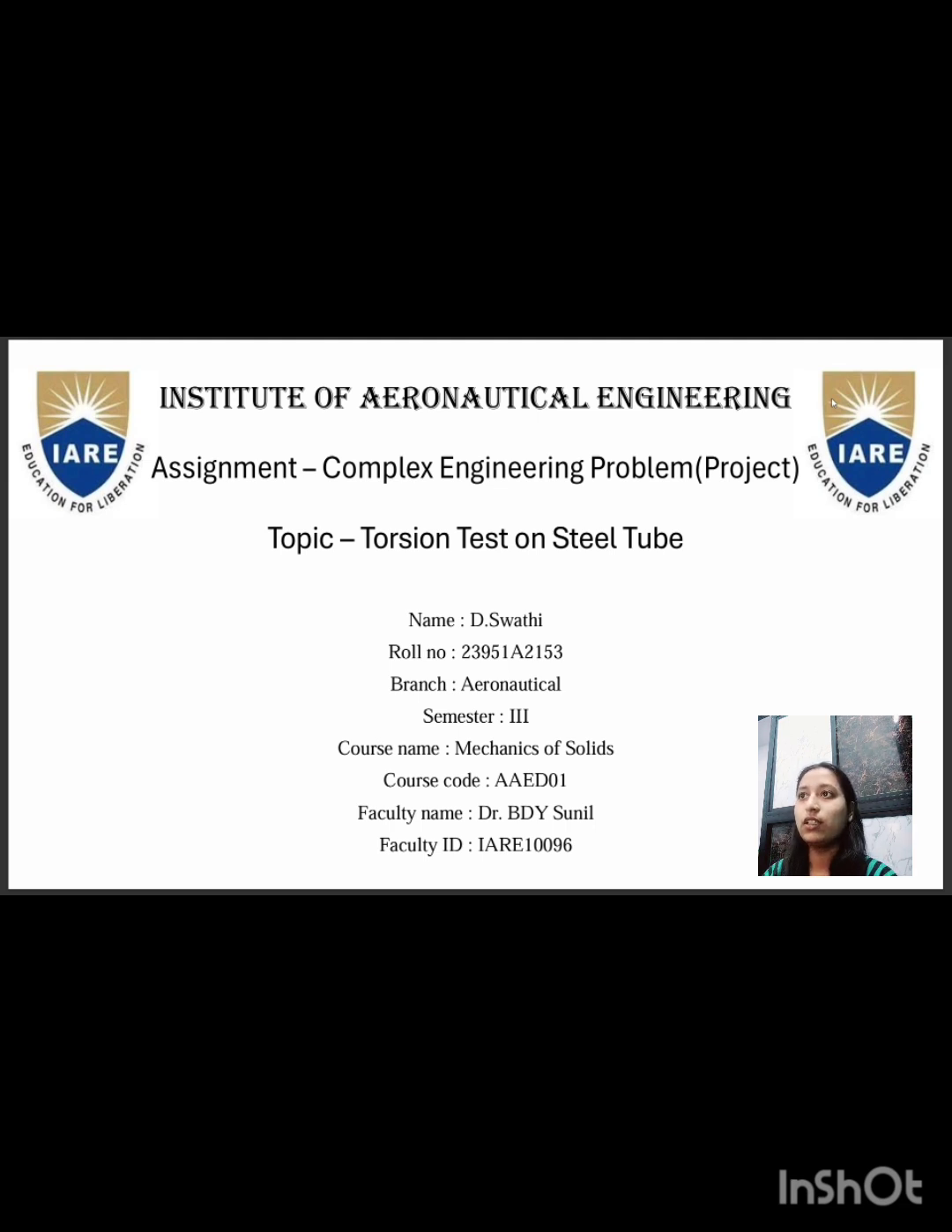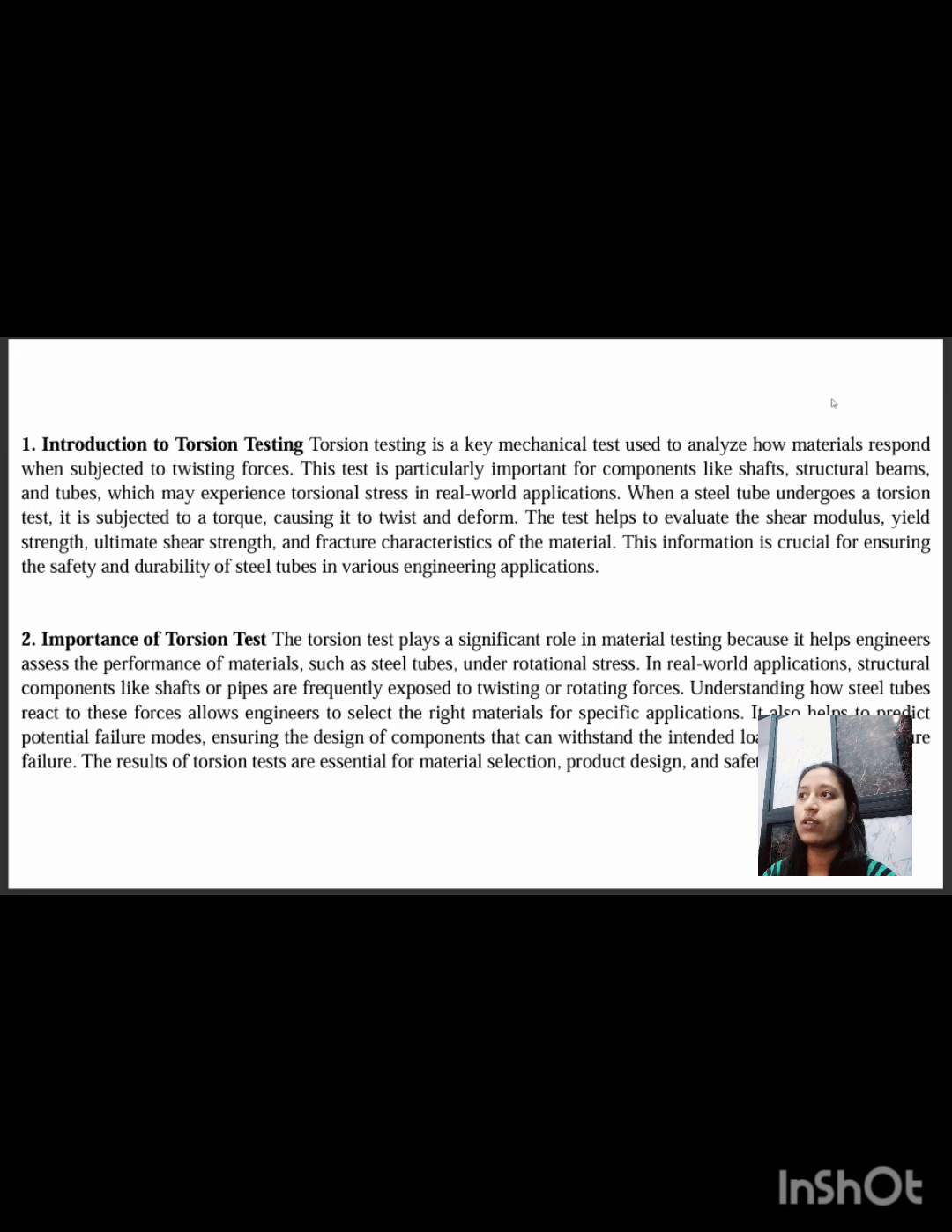Torsion test is a key mechanical test used to analyze how materials respond when subjected to twisting force. This test is particularly important for components like shafts, structural beams, and tubes, which may experience torsional stress in real-world application. When a steel tube undergoes a torsion test, it is subjected to a torque that causes it to twist and